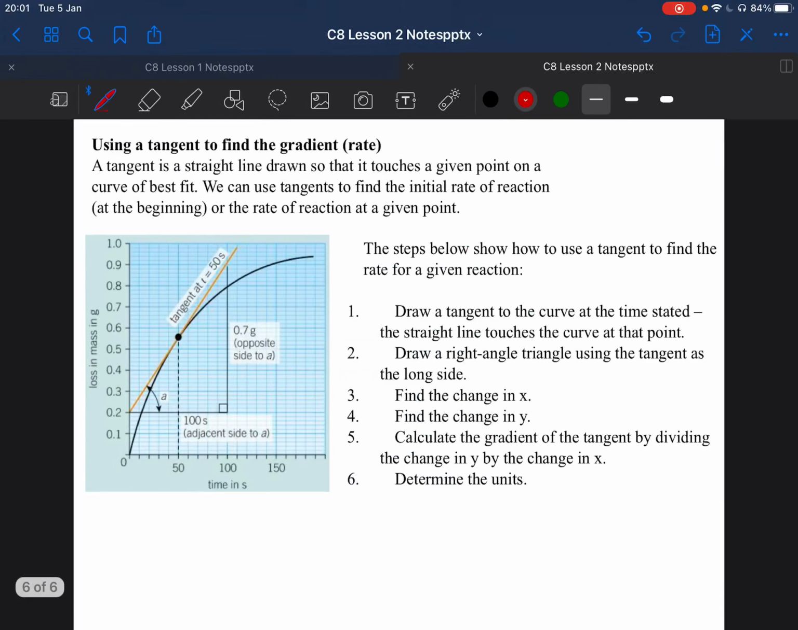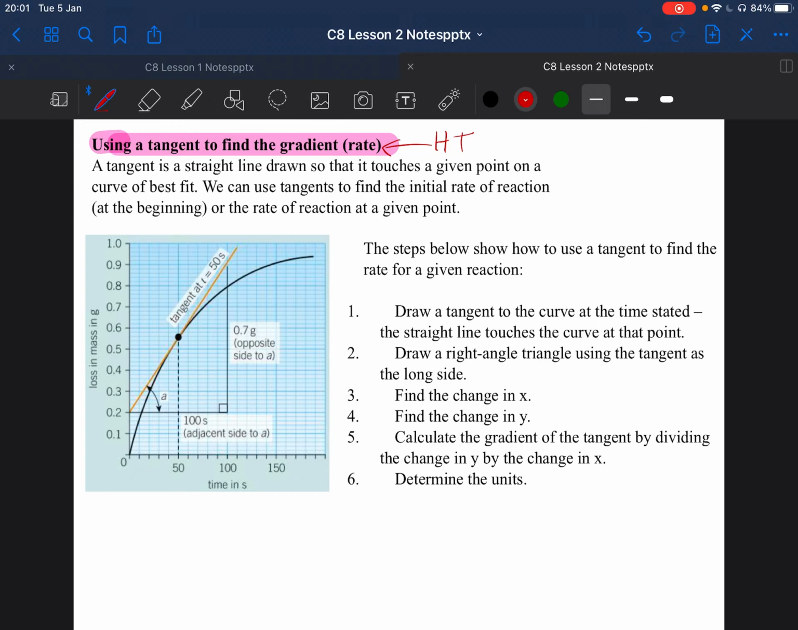Okay, guys, so the second set of calculations that I'm going to show you today are using a tangent to find the gradient. Now, this is only relevant if you are sitting the higher paper. So if you aren't sitting higher paper, guys, skip past this in the video because you don't need to know